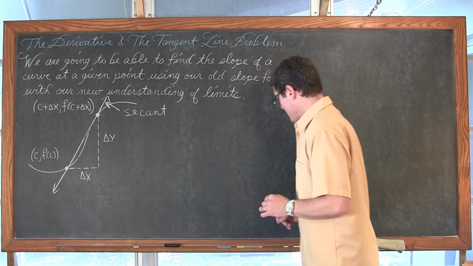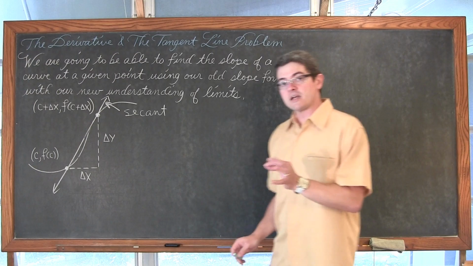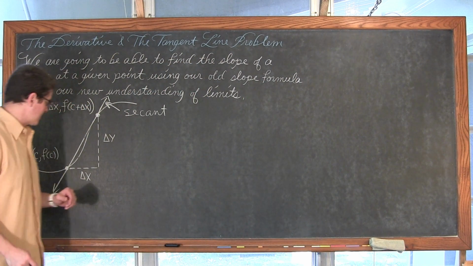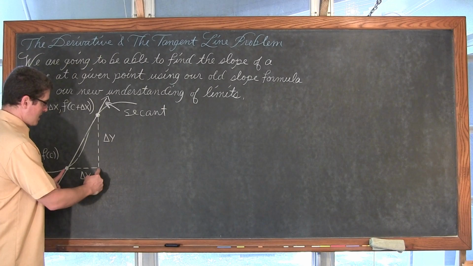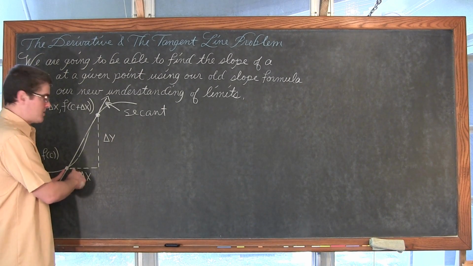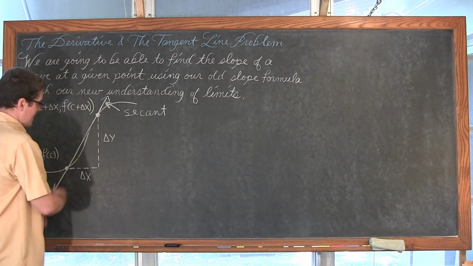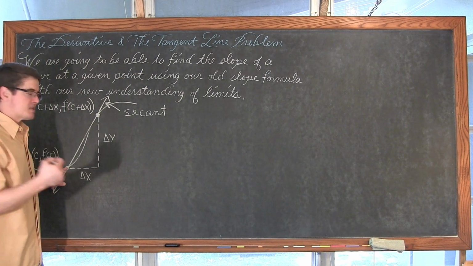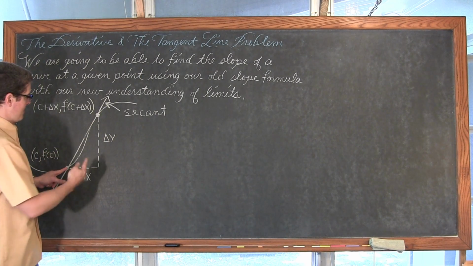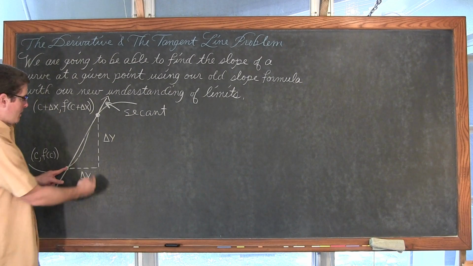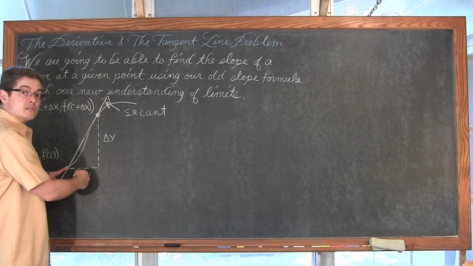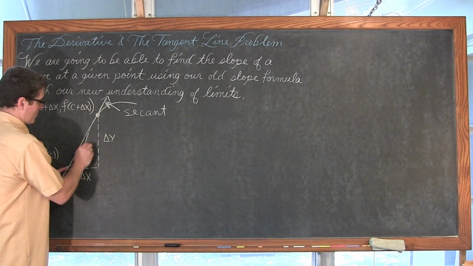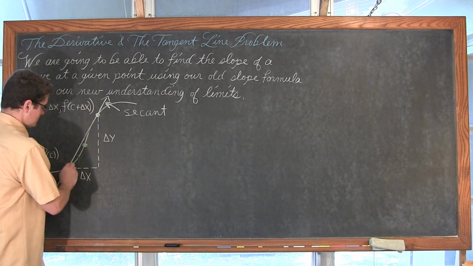So what we're going to do is, with this idea of limits, and I'll summarize this up here with some nice notes in a second, is I want to take this delta x and reduce it. Like if this is an estimation of the slope of this curve at this point, I could get a better estimate if I move that point closer. So maybe instead of having my point here, I'll reduce my delta x, this horizontal distance, by a little bit, and maybe we'll put our point here.